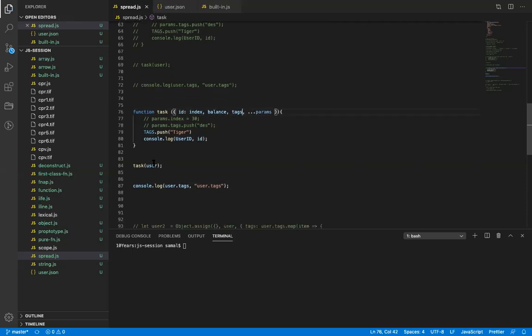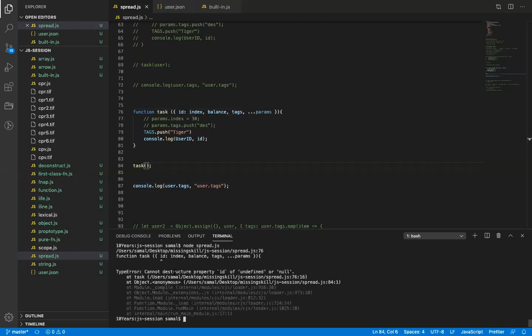Okay. So in case, let's say I don't pass anything, right now if I run this, it will throw an error. It will say cannot destructure ID of undefined because we did not pass it. Okay. So if I pass an empty object, okay, we cannot push it.